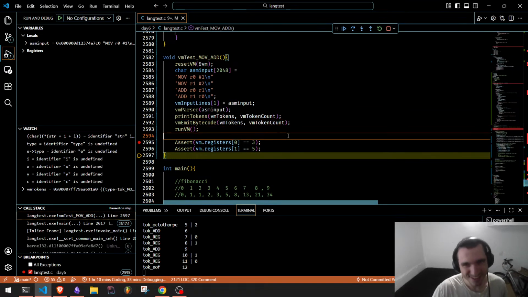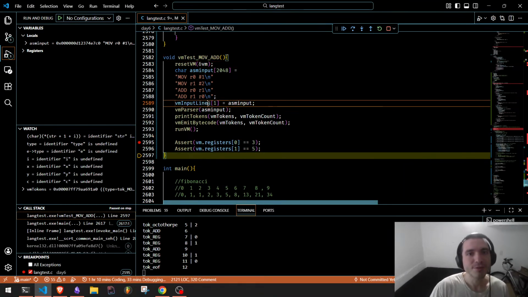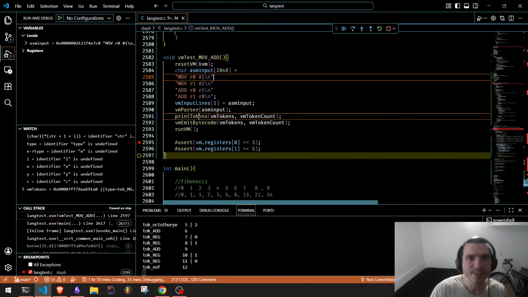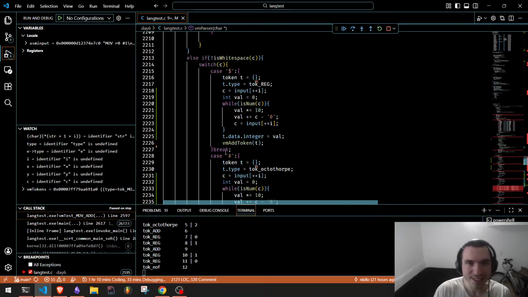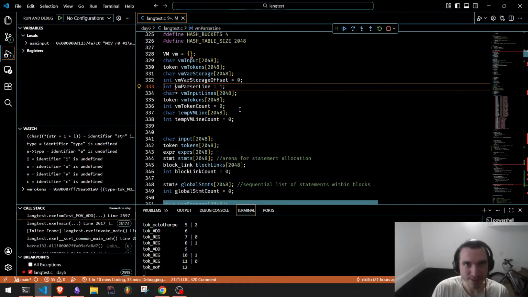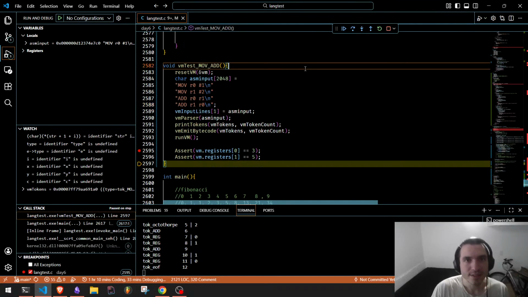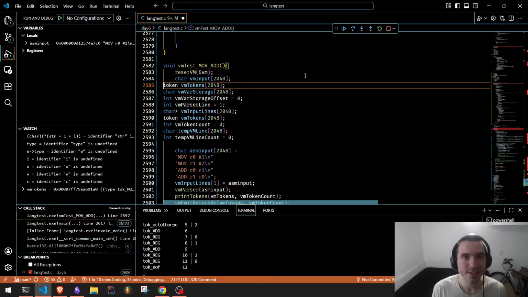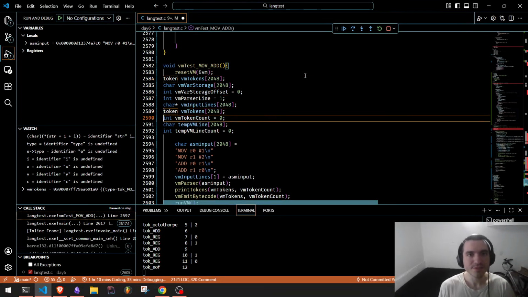So, what do we do now? We should probably also reset, like every time we test, we should reset. Well, we do reset the lines here. Let's reset. And I wish I could go to where those things are declared. We need to keep track of the parser state so we can reset that. This is everything that we're going to need to reset every single test. Vague idea of it. So we can just, the VM input, that won't change. The tokens, VM token count